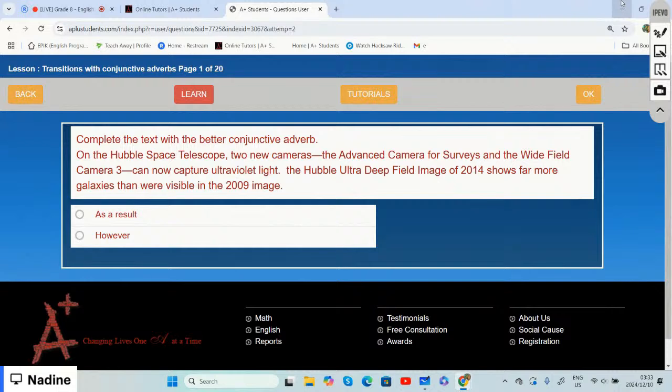All right. So we basically need to complete the text with a better conjunction by either choosing as a result of to join the sentences, or we need to use however to join the sentences. And if we were to choose the correct word, basically to join the sentences,